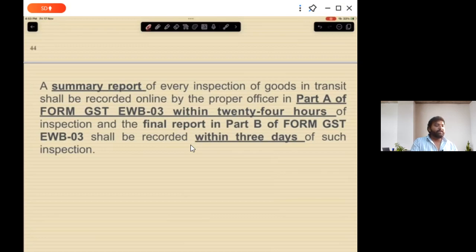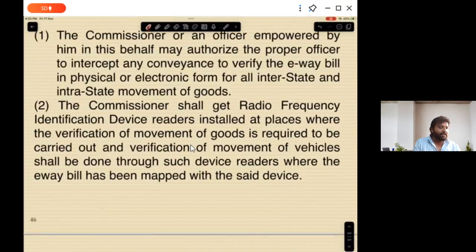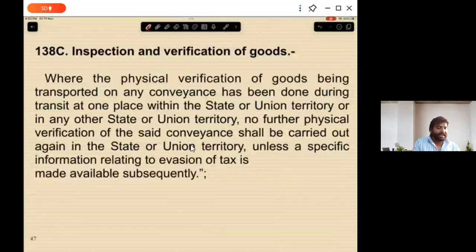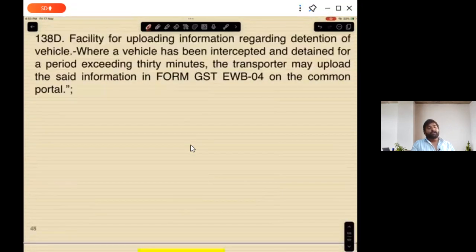Next, if the officer is verifying the vehicle and documents and everything, he can inspect the goods. And one more interesting thing is, if the officer is intercepting your vehicle for more than 30 minutes without any reason, there is no checking, there is no evidence, there is nothing,